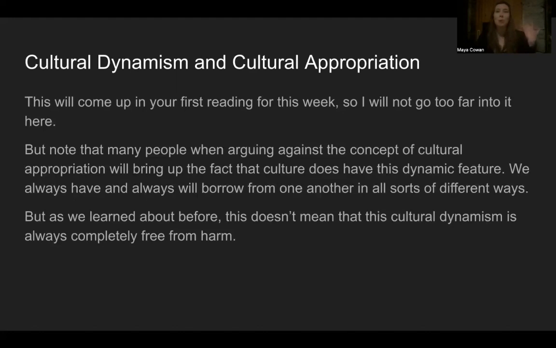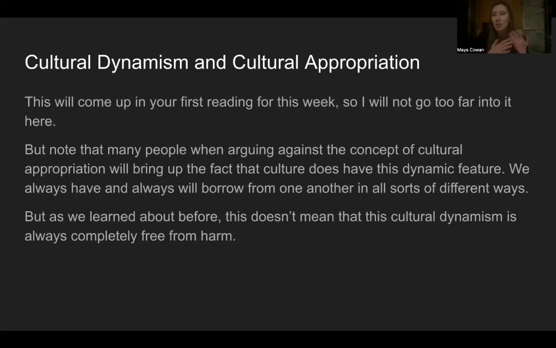Even when you hear reports of an isolated tribe, like, in isolation from whom? Because they know they're trading with other people, right? It's just that they're not perhaps as globalized as some other parts of the world, but there is no such thing as a culture that exists in isolation. And we have always been borrowing from each other.